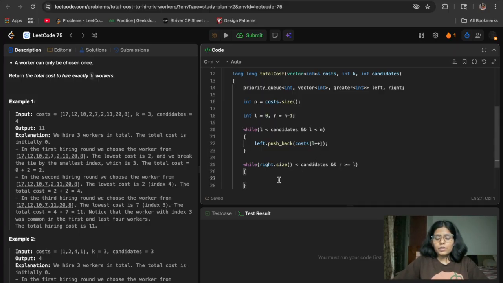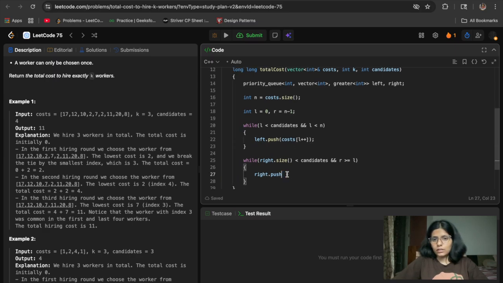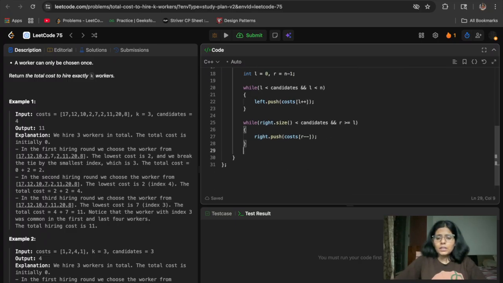And then we will just insert it over here. Not push_back, it is push. Sometimes I mix up the things. You may also do the same. We are just human, so this happens. Or R minus minus. Okay, we took the candidate and we went back. It's the back queue, so we are coming back from last to first. So like this. Okay, so what we'll do here is initialize our answer variable, or we can say the total cost variable.